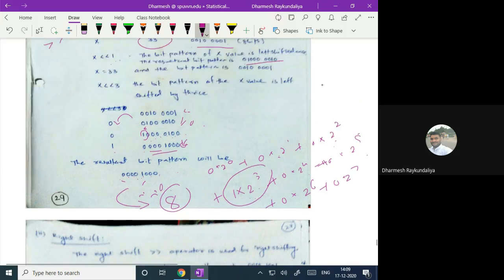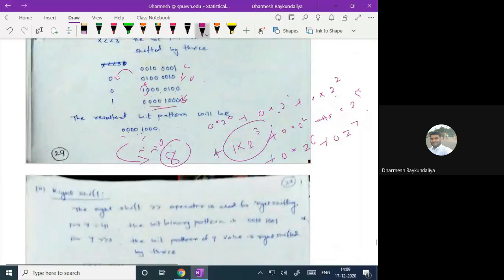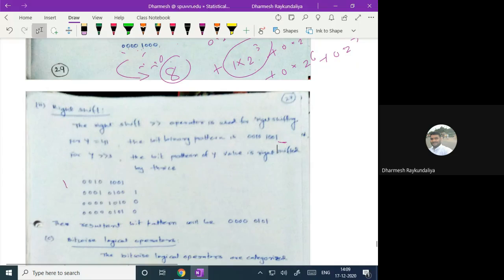Earlier it was x30, it was 33, now it becomes 8. Right shift में क्या करेंगे? Bits को आप राइट से ड्रॉप करेंगे, और लेफ्ट में 0 ऐड करेंगे। देखो, y इक्वल टू 41 है, उसकी बिट पैटर्न ये है, और मैंने कहा कि जस्ट y को राइट शिफ्ट करो 3 टाइम्स। तो मैंने क्या किया, राइट साइड से इसको ड्रॉप किया, लेफ्ट साइड से 0 ऐड किया, फिर यहाँ दूसरी बार